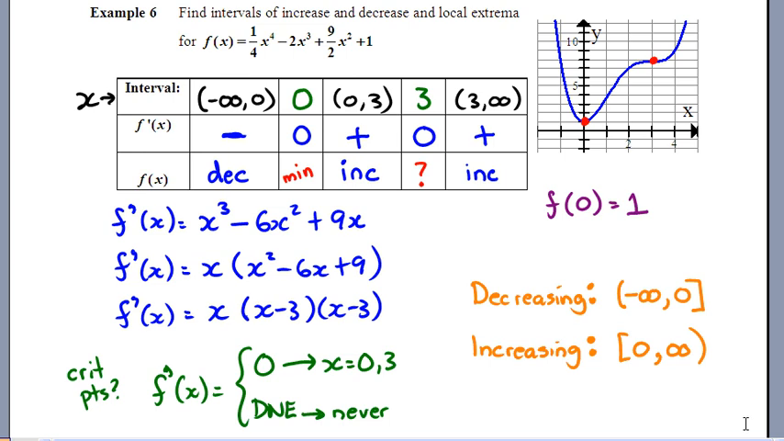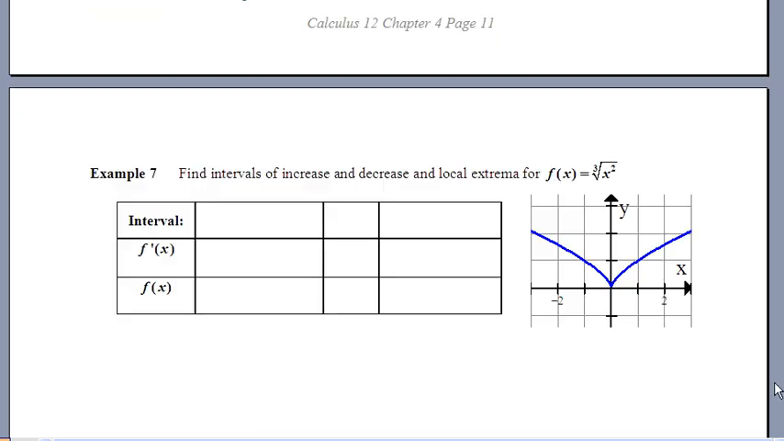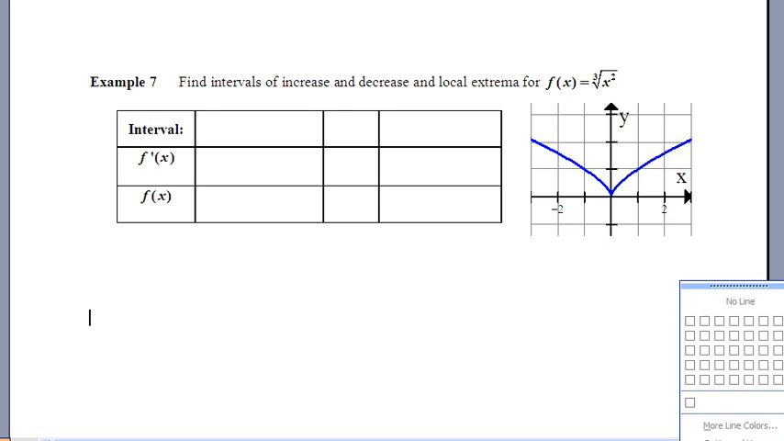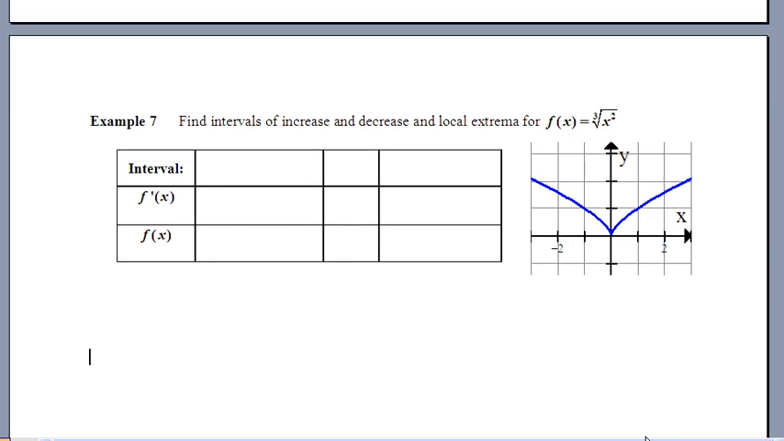Okay, we're going to do one more page, just 2 more examples here. Find intervals of increase and decrease, any local extremes for this thing. I'm going to rewrite this. I don't like the way that function's been written there with the root sign. I think we can maybe write it a couple of different ways. We could write it